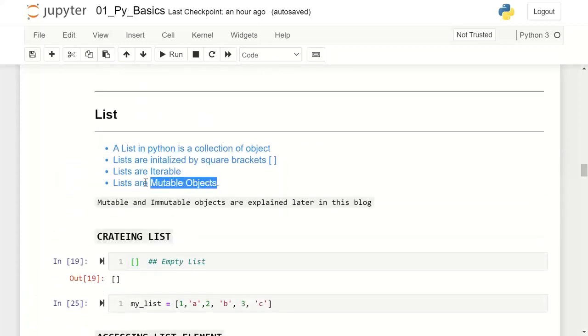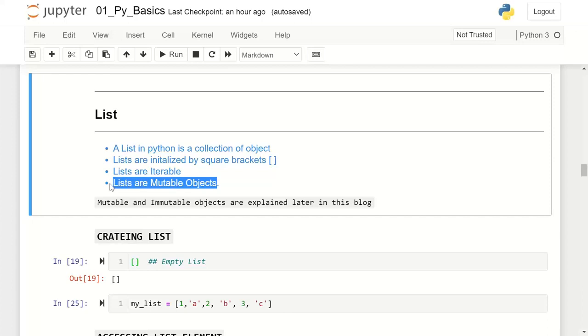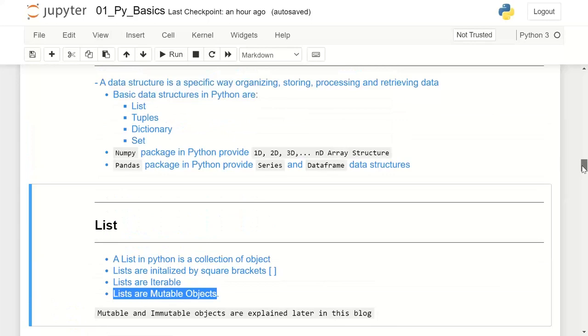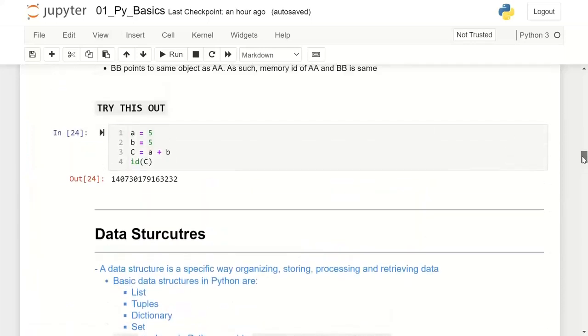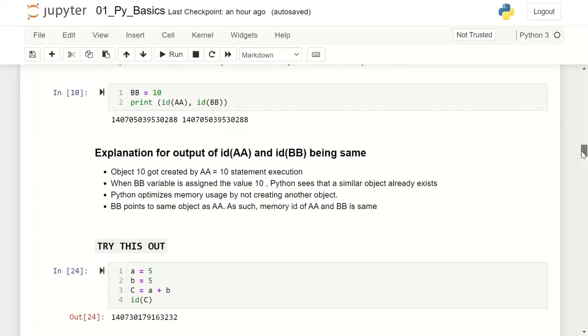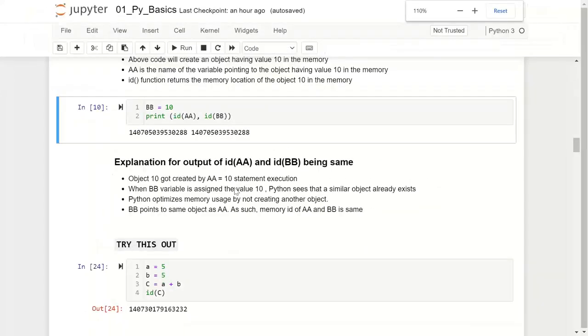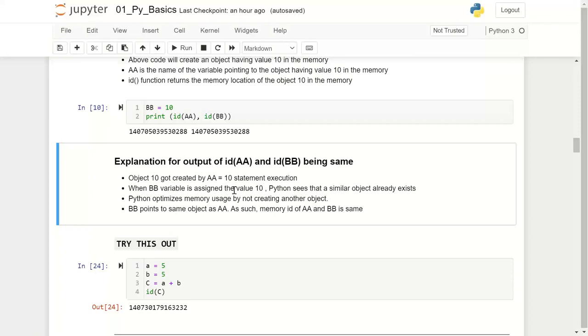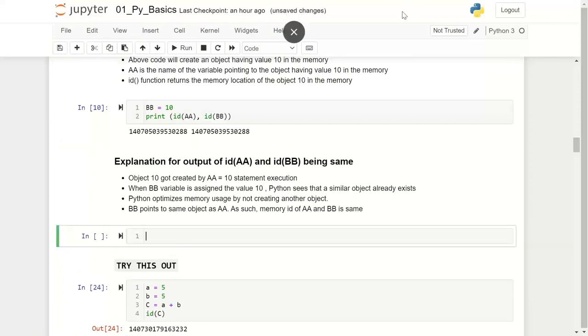Here it is a list, which we are going to see in our upcoming session, where we get into data structures. At that time, I'll explain what mutable and immutable objects are. But for now, why is it very important to understand this concept of object? Let me highlight it. Quite often, when you work in your Python environment with large data sets,